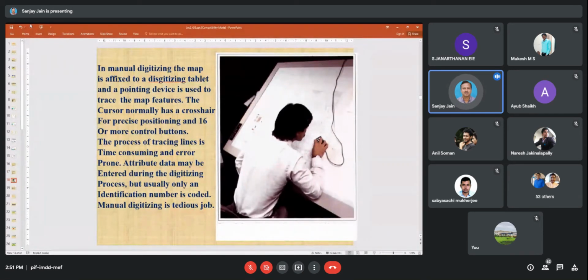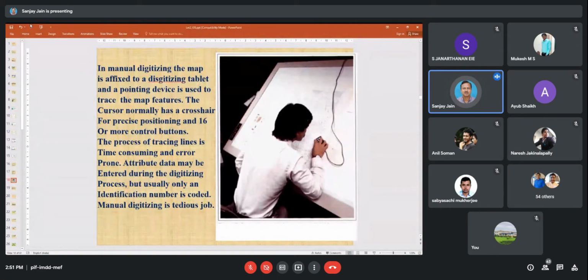Now suppose you do not have a particular map in digital format. How can you convert it into digital format? Either through digitizing or scanning. Earlier we used a digitizer, but nowadays because we have sophisticated scanners, we need not go for this cumbersome process of digitization.